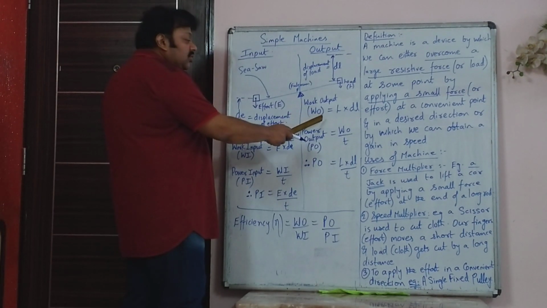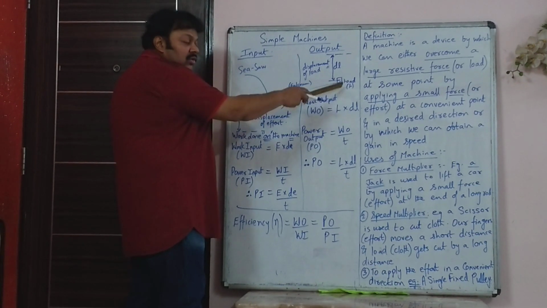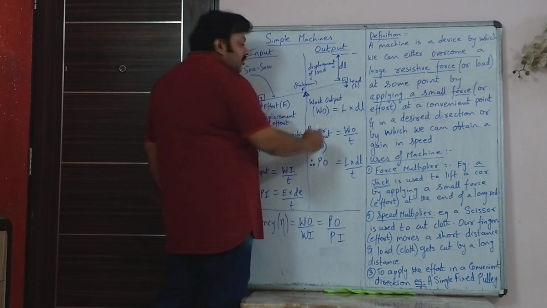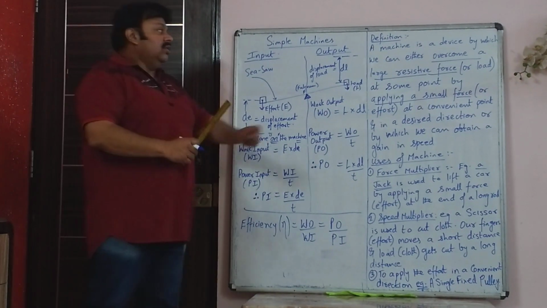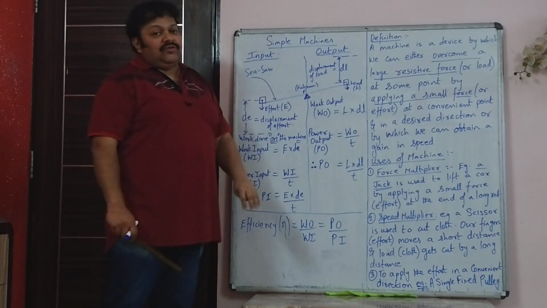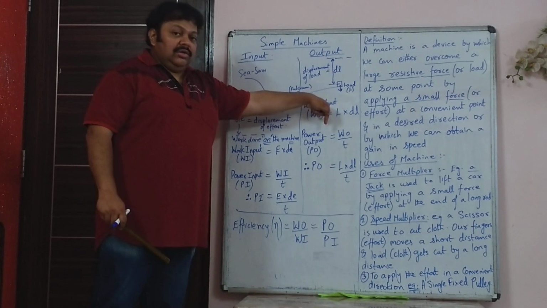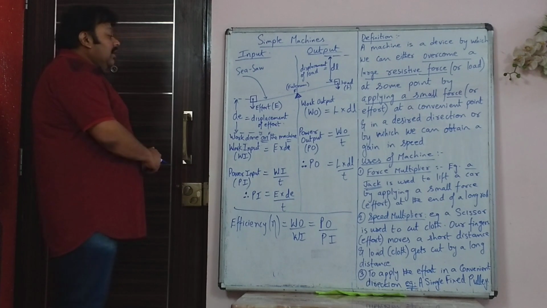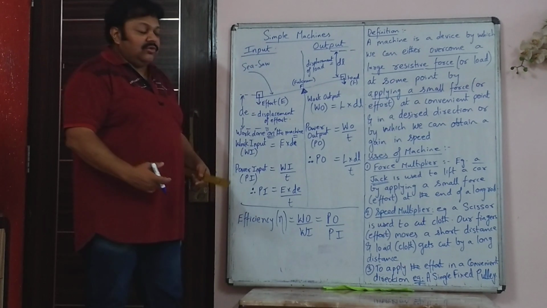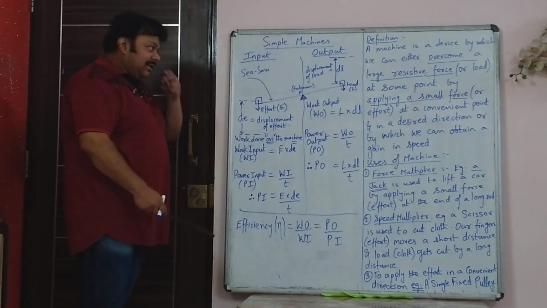Now on the output side also, the load is a force, the child's weight is acting down. So that is the load. That is why I have shown the direction here in the downward direction. The load is acting downward. The load is moving up. But even when you are going up, in what direction is your weight acting? It is acting down. So this is not wrong. This is correct. The load acts in the downward direction. Effort is also in the downward direction. Maybe the mother is sitting here, so her weight is also acting down.